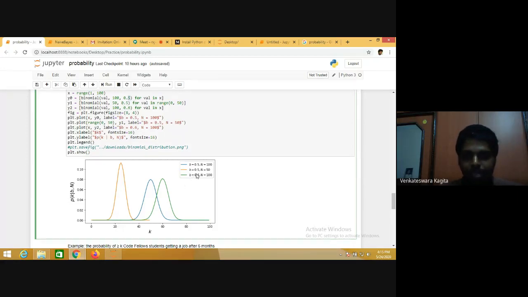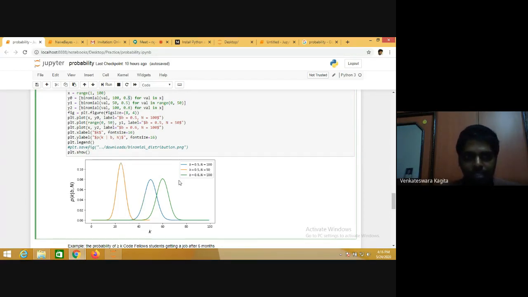For example, if p, the probability of x, is equal to 0.6 and n equal to 100, then it is biased towards the right. You see that this green one is biased towards the right, and this one is not biased, with 0.5 and n equal to 50. So it is centered around 25.